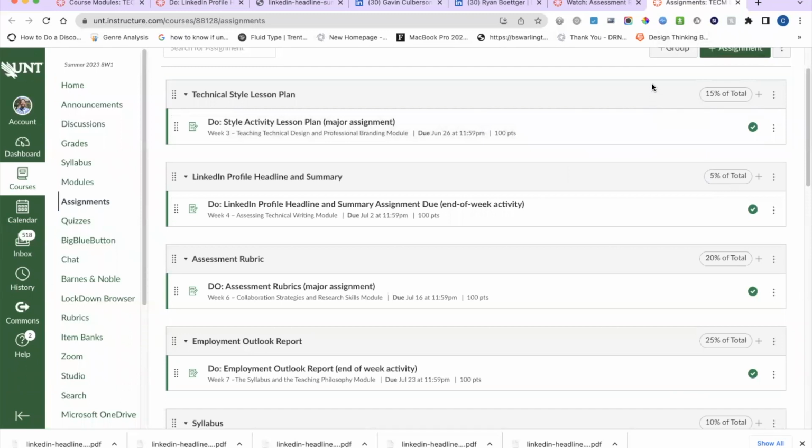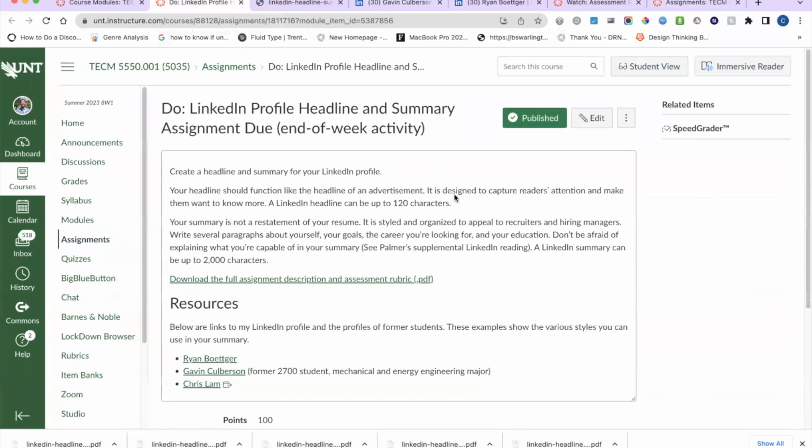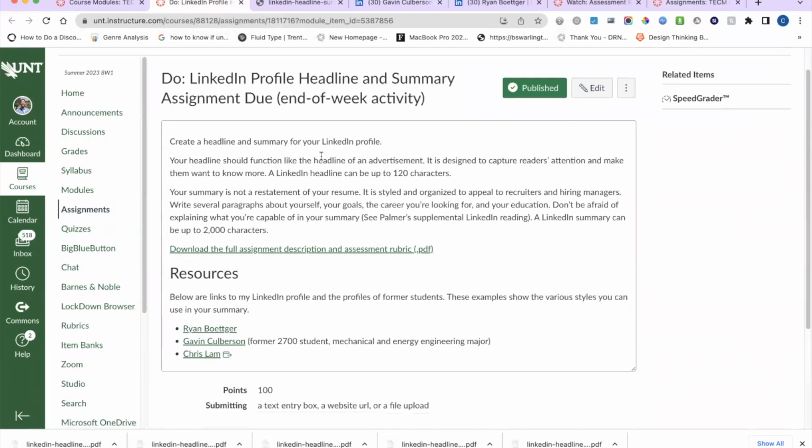So just based on that alone, you can see it's not a huge assignment, but it is worth putting some time and effort into. And then, I want you to thoroughly read the assignment description. This is an assignment that you would be assigning to all of your students if you are teaching TECM 2700. So make sure you're reading the assignment description, which is linked,